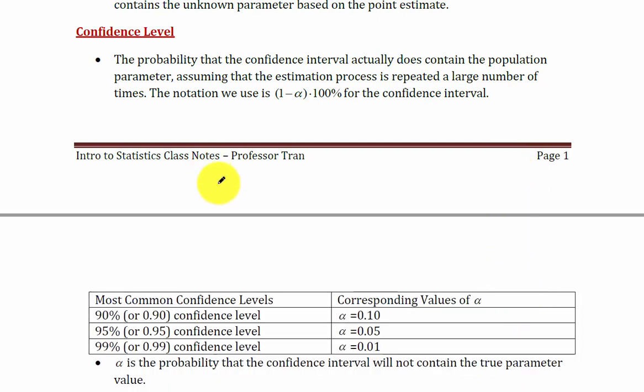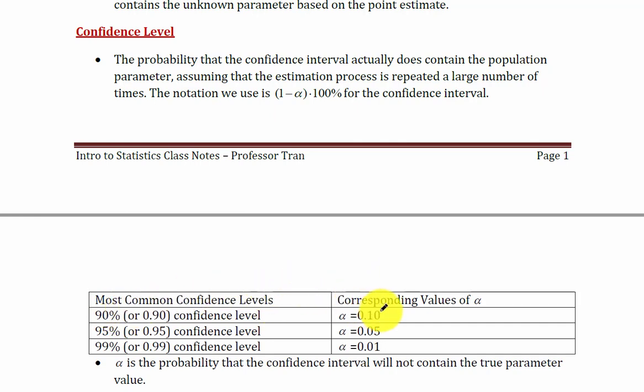So the most common confidence levels: 90% confidence level, 90% is 0.90. 95% is 0.95 confidence level, and 99% confidence level is just 0.99. So we just convert them back to decimals. Now the corresponding value of alpha, we use the level 1 minus alpha multiplied by 100 for the confidence level here. So 90% confidence level means that